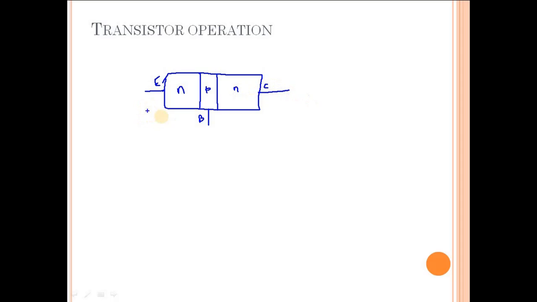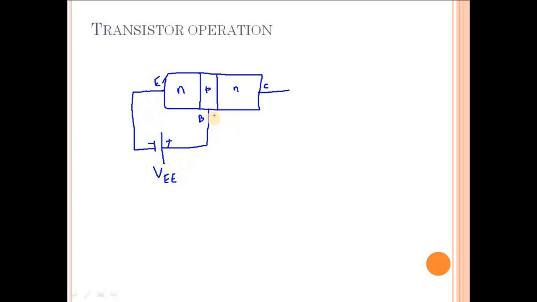And in a very similar way, the emitter base junction has to be forward biased. So to do the forward bias, we have to apply a DC power supply of this sort. The positive terminal is connected to the base P layer, and the negative potential is given to the emitter N layer from the DC bias VEE.